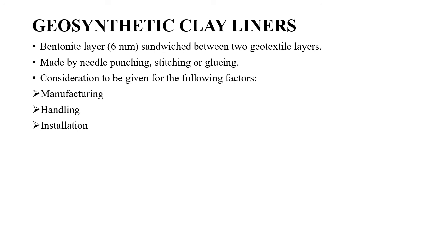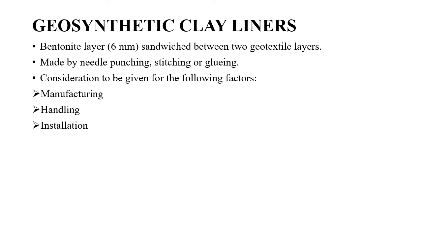So, for geosynthetic clay liners also, the materials used are bentonite and two geotextile layers. Mostly we will go for a non-woven type of geotextile, because non-woven is comparatively impermeable compared to a woven type. Obviously, in the selection of materials, based on our requirement, we have to select the right quality and the right type of geotextile material, as well as whether to go for sodium bentonite or calcium bentonite, based on our requirement of the site liner material.